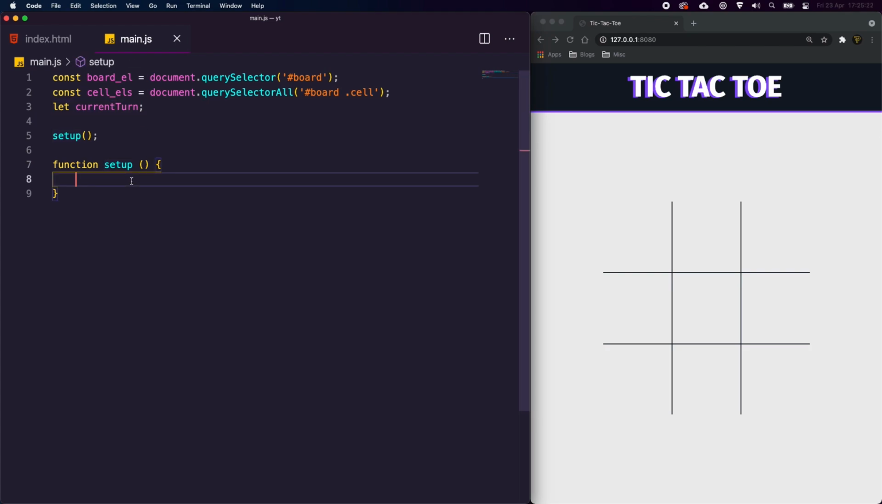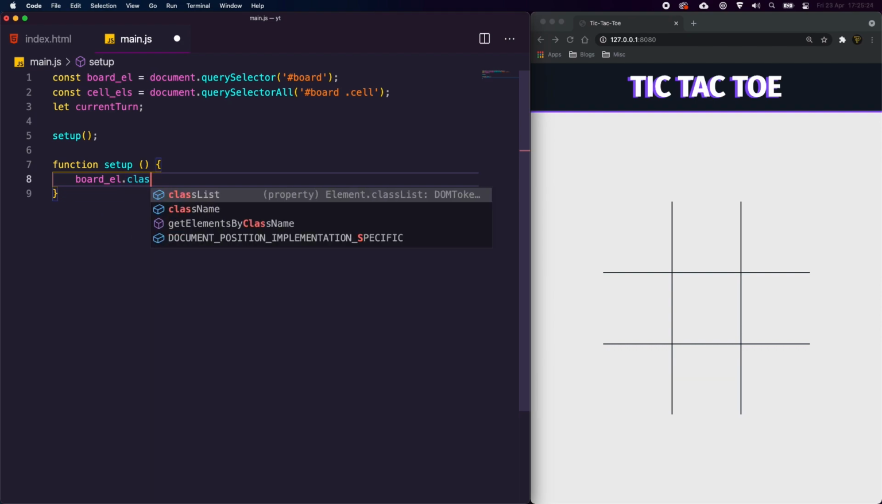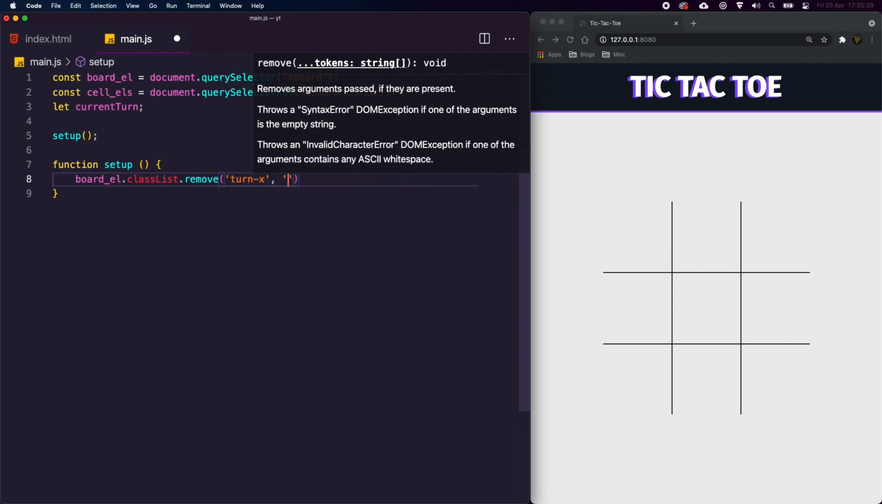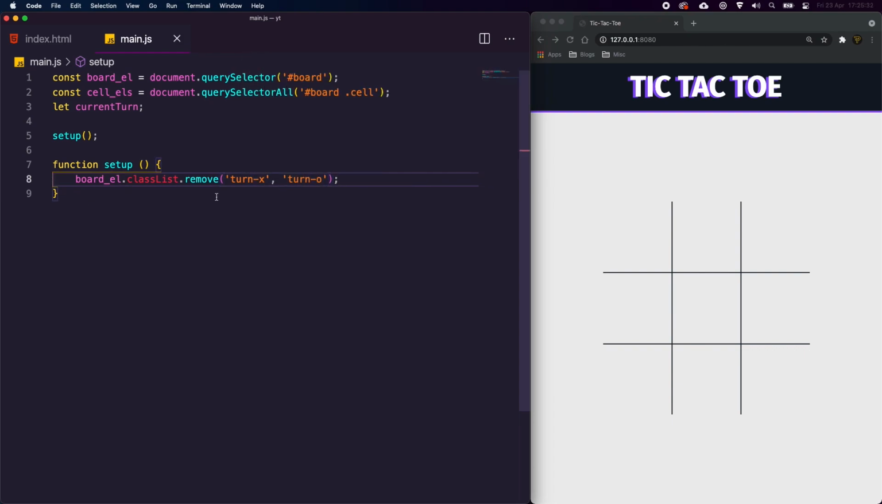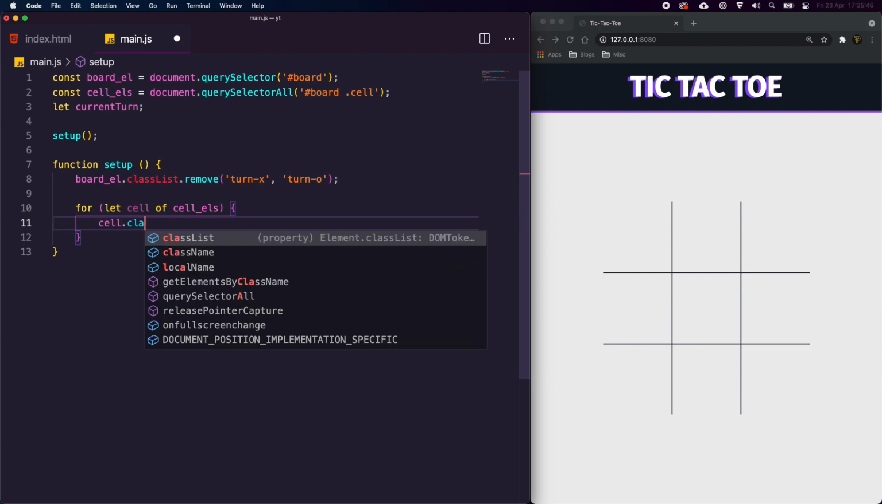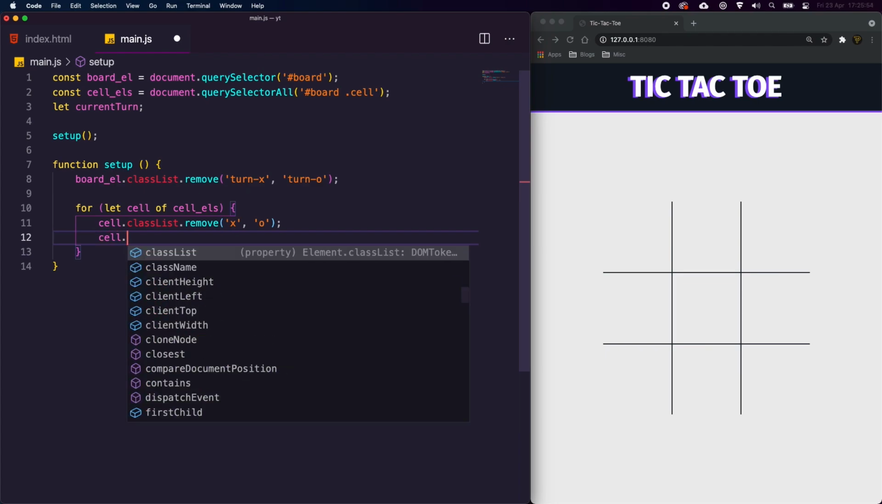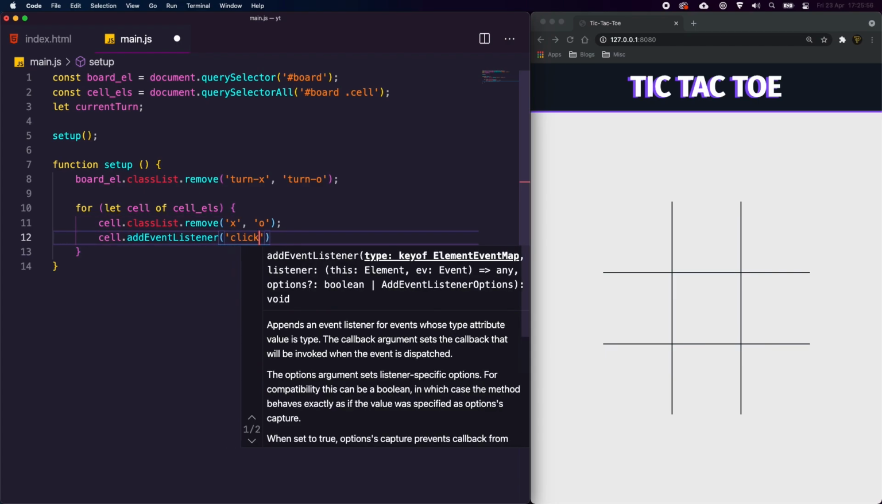So let's start off by adding the board element, or removing. What we're going to do is first remove turn X or turn O. The reason we're going to start by removing it is because when we need to restart, we're going to need to check if there's one on there, and we're going to remove them. We're then going to say for let cell of cell elements, so we're going to loop through all the elements in our cell elements. We're then going to say cell.classList.remove, and we're just going to check if they have an X or an O, and remove them straight away. We're then going to say addEventListener click, so when we click them,